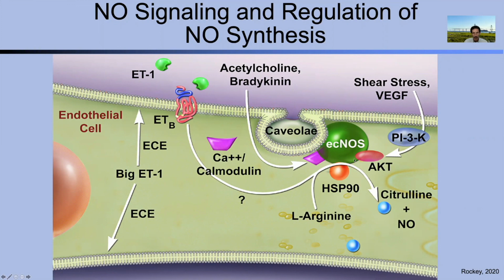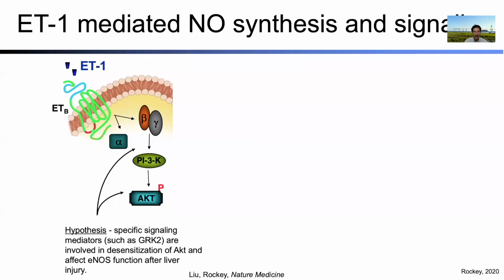And this is a cartoon that highlights many of the pathways that have been invoked in eNOS function. It has been shown elegantly by Bill Sessa's group and Tom Michel's group that eNOS is post-translationally modified by AKT, HSP90, calcium calmodulin, and all of these various players, caveolin-1, have effect on eNOS phosphorylation and eNOS function. We got interested in this because, as I showed you, that endothelial cells have a reduced expression or reduced production of